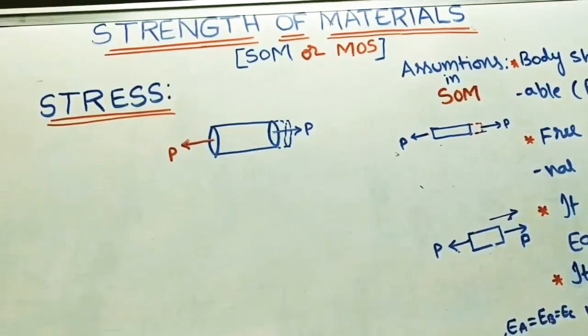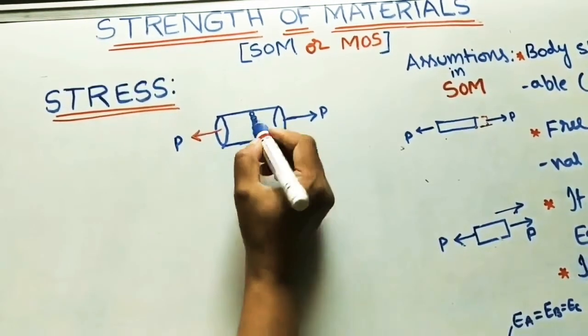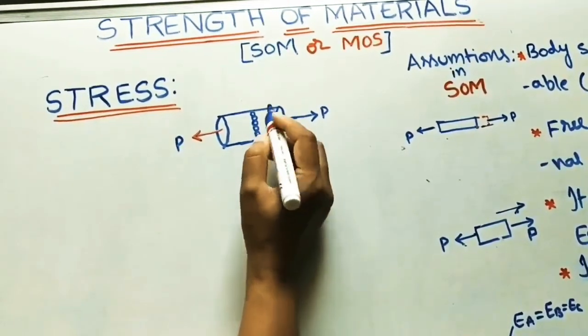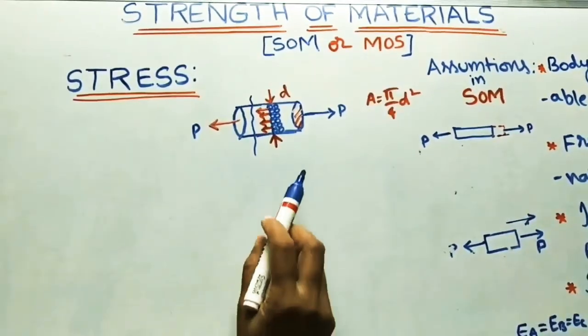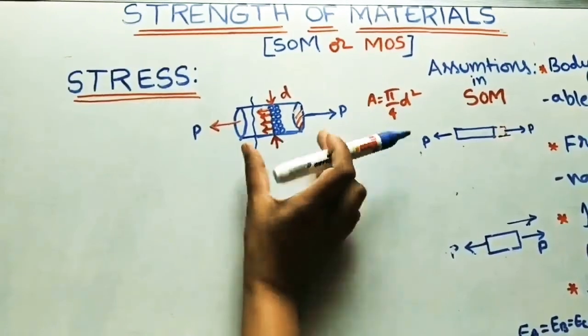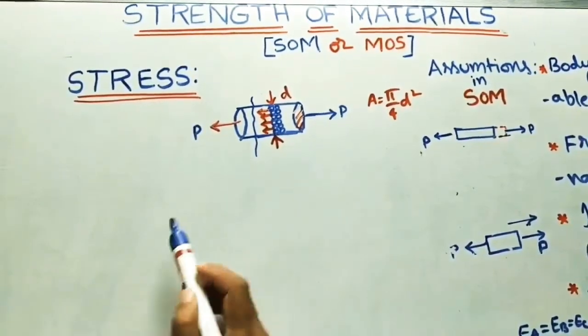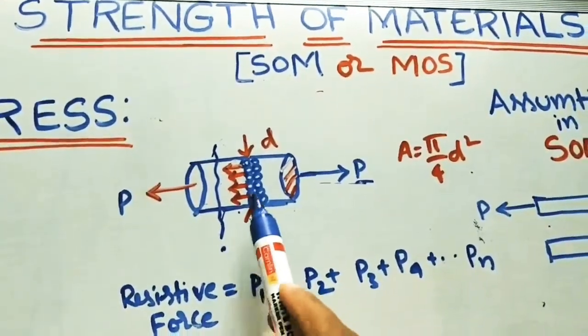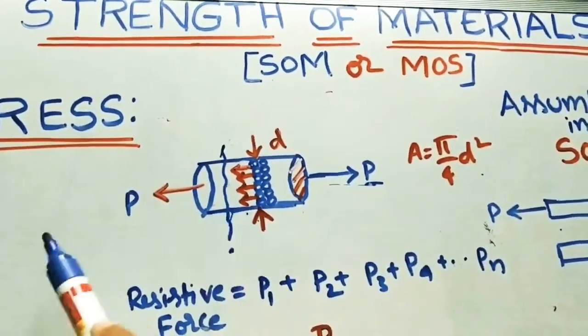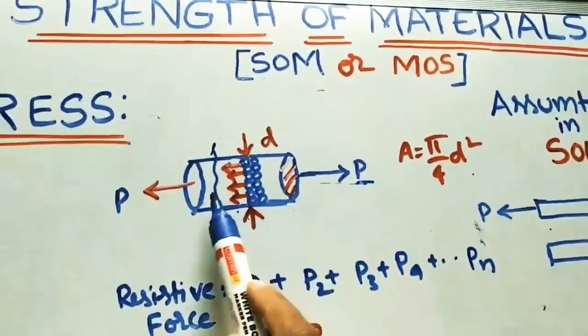As we know, every object has molecules inside it. Molecular arrangement will be there. Whenever this object deforms or elongates in the force direction, the molecules also elongate. So we are studying this effect. Just draw the line here. This is a separate part. Now we are taking this part.